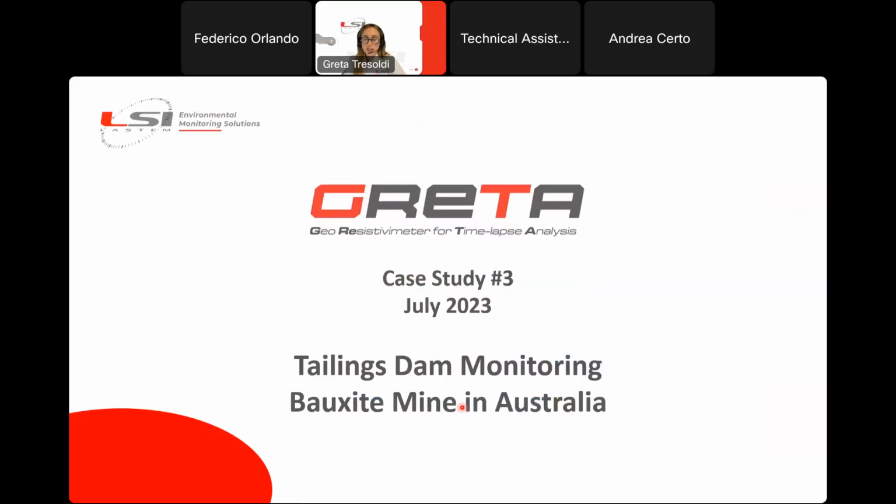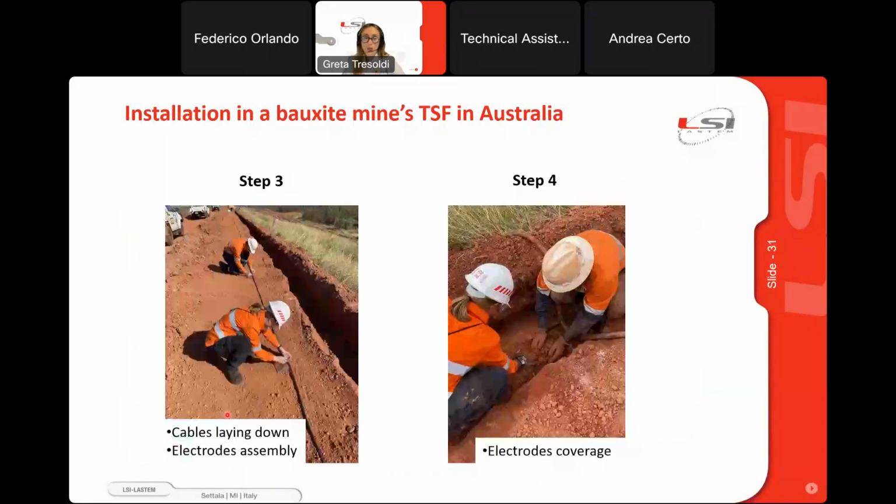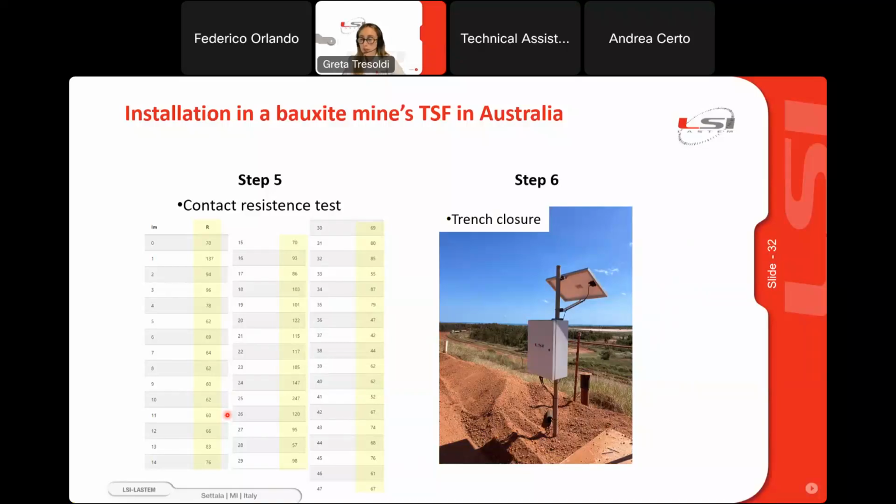Another case study is the tailings dam monitoring of a bauxite mine in Australia. The steps to perform the installation are always the same. You can see that the trench is now really smaller. In this case, we are in a capped, closed facility. The objective of the user was to assess the dewatering of a downstream embankment of the dam. So here you can see the cables laid down, the electrodes assembly, the electrodes coverage, always the same steps, really